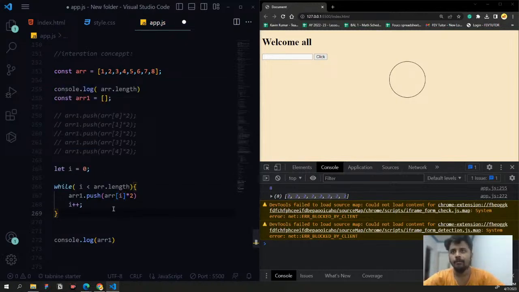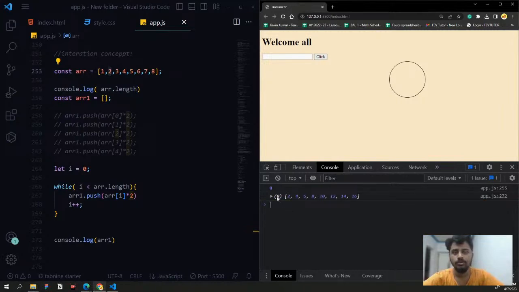So now what happened? The i is going to be 0 initially, so for 0 we will get 1. 1 multiplied by 2, we're going to get 2. And then it increases the value to 1, and here we will get 2. And like that, each and every time the loop runs, we will get the double of this